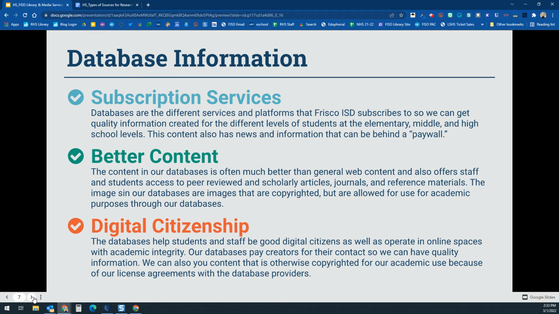But Frisco ISD subscribes to these different databases so that we can get quality information created for the different levels of students. So, there's databases for elementary, databases for middle, and then databases for high school. And that's because of the level of content in each one and the type of content too. So we have different databases at each level. So students, as they move up into high school, are going to have even more access to more databases